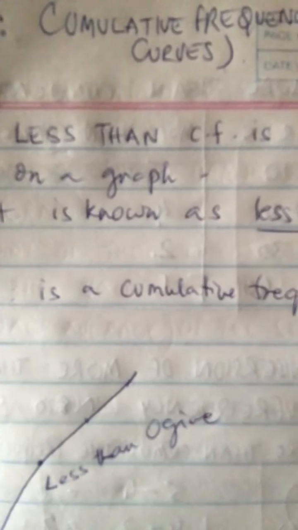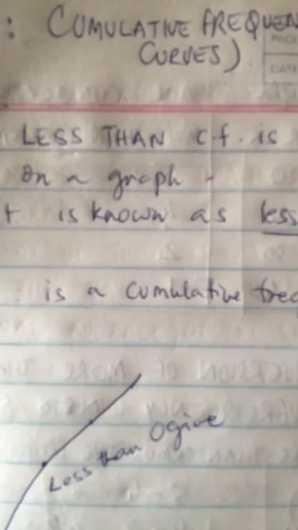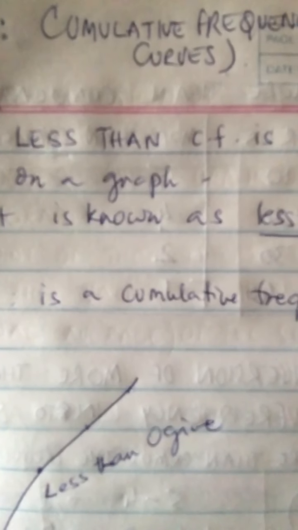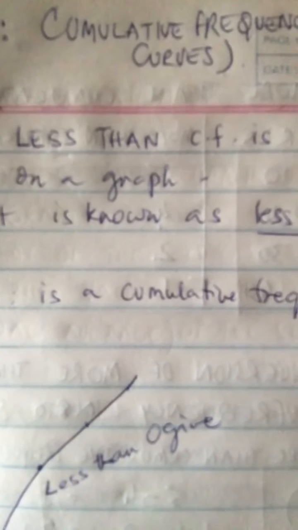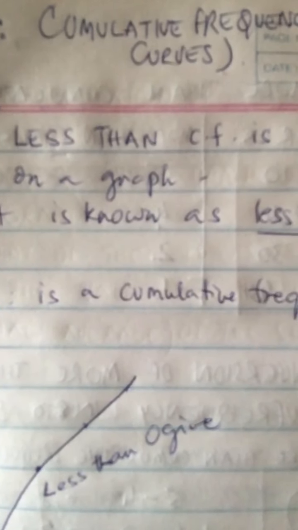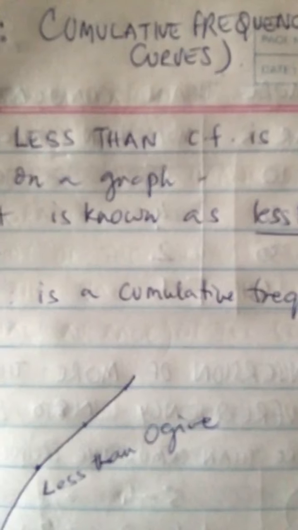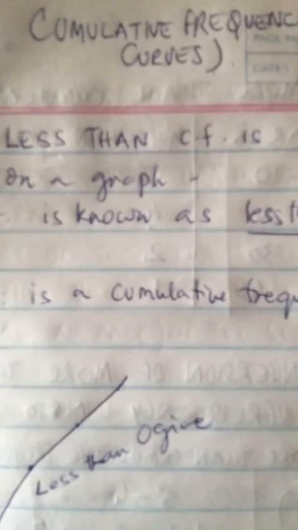So we find that the less than ogive is never decreasing. It keeps on increasing. So that's what we've seen with the data given. So 0 to 10, how much was it? 1. Okay, then 0 to 10 to 20, what is a cumulative frequency? Less than cumulative, 3. Then 10 to 20 to 30, it was 4. It accumulated up to 4. And 30 to 40, it was 5. So that's how we get what is known as the less than ogive.